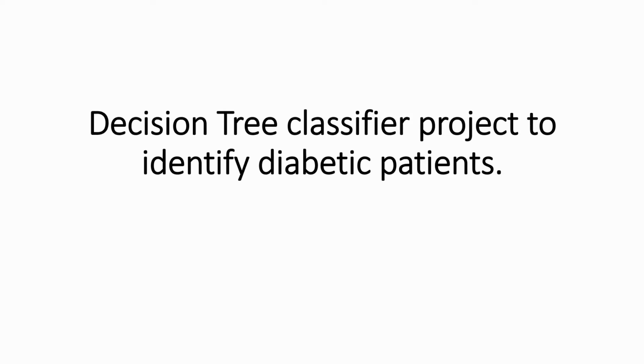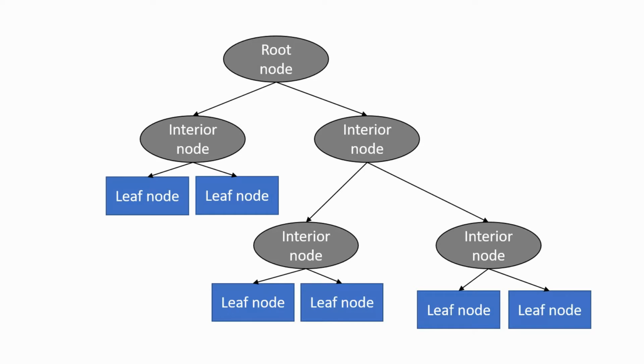To give you a brief introduction, a decision tree is a kind of supervised machine learning algorithm. It takes individual features from your data set and asks questions about them, and by asking questions it goes on splitting into interior nodes. The decision of whether the answer goes left or right is defined in the interior node, and the node at the end which classifies a certain problem as yes or no is the leaf node.